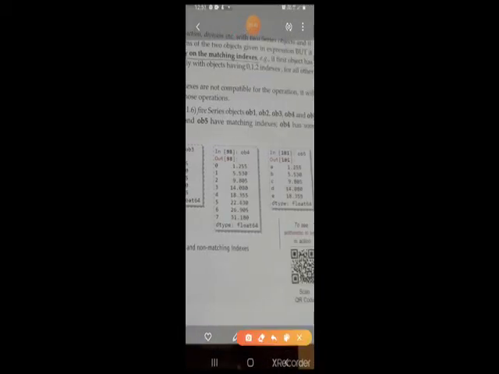So you can see here object OBJ1 and OBJ3 have got similar indices, so on them operation can be performed. Same way OBJ2 and OBJ5 have got similar indices, so operation can be performed on them.